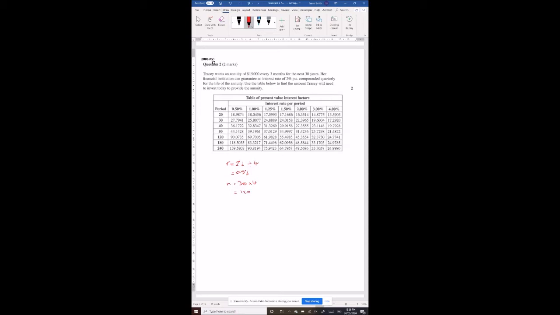So we look in our table. We find our 0.5%. We find our 120. This is the interest rate factor we need to take into account. So our present value, or PV, is going to equal 15,000 times 90.0735, which gives us